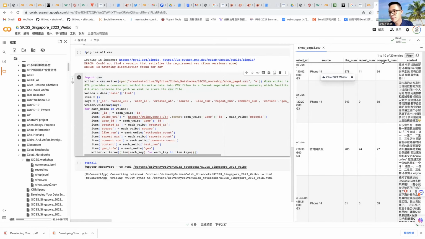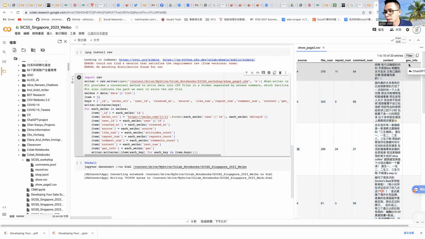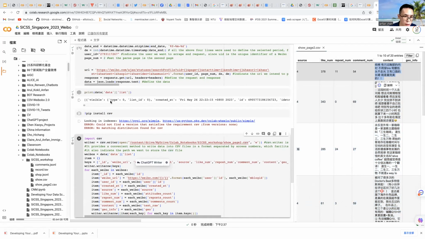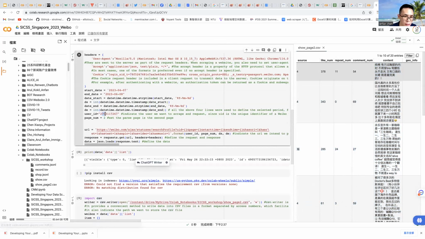And the repost number, comment number, content. And the geo information means the geolocation of this post, and the content here. Okay, it is the data we get from the home page of this user. That is the thing we did.